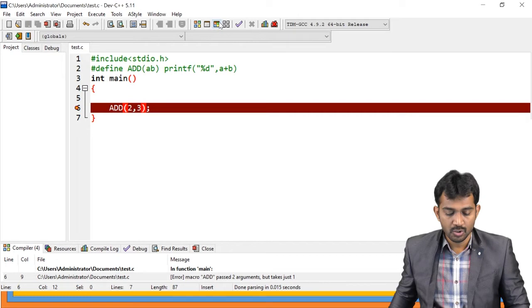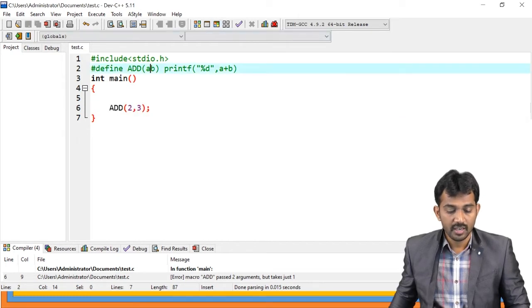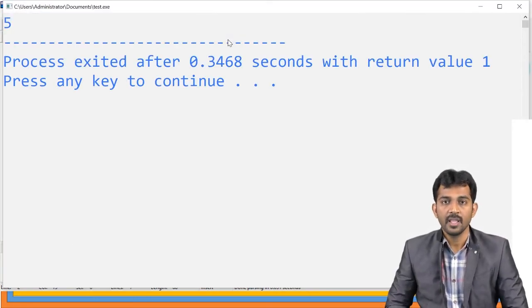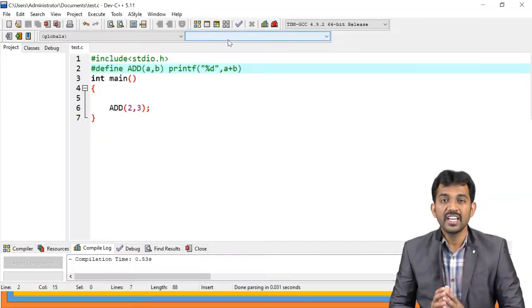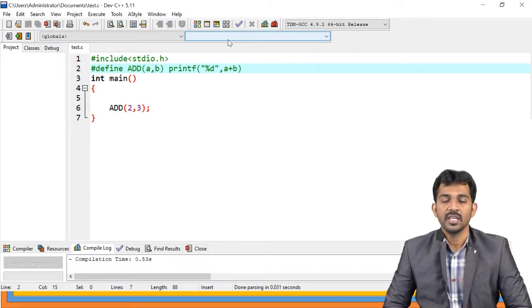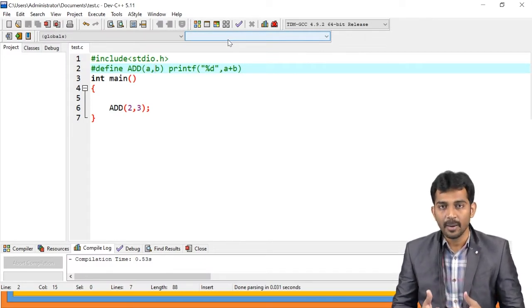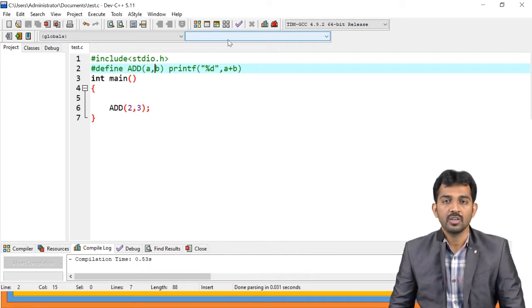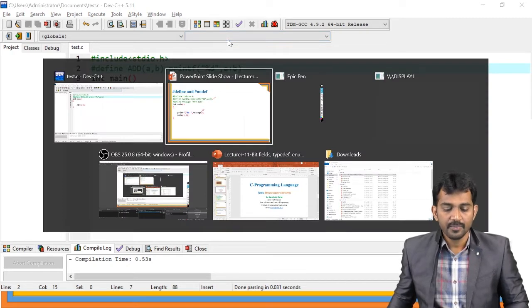And add is passed as an argument, but just use a comma here, right? See, the 5 is the result. This is the purpose of define and undefine. Define is going to define a method, a function, or a variable, global constants. And undef is going to undefine the value, remove the value. Is this clear?